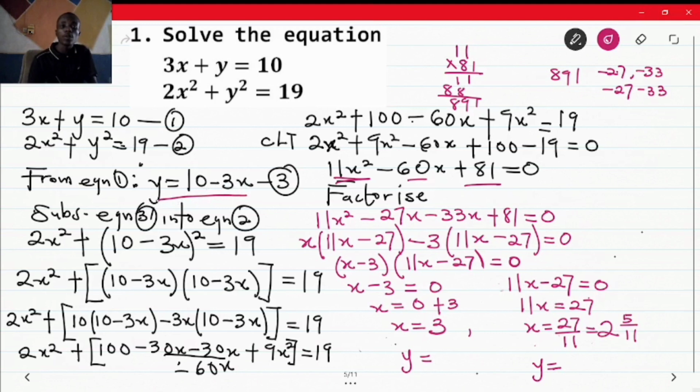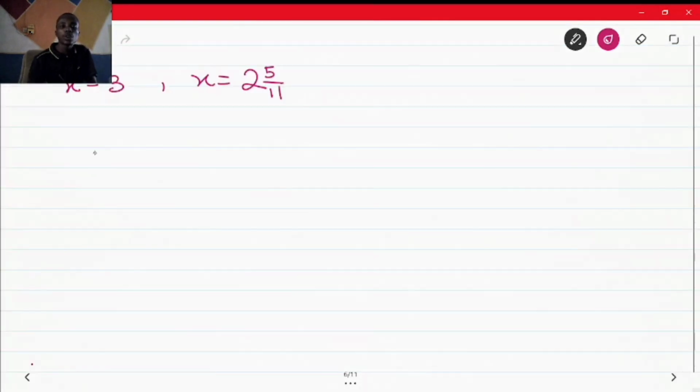Since I need to find y now, I think it's good for me to use equation 3 rather than using equation 1 or 2. So from equation 3, which is y equals 10 minus 3x,